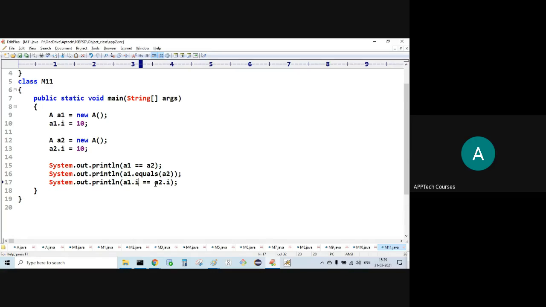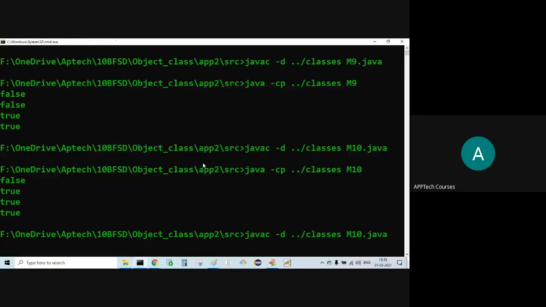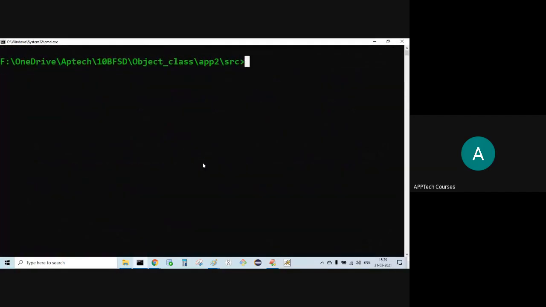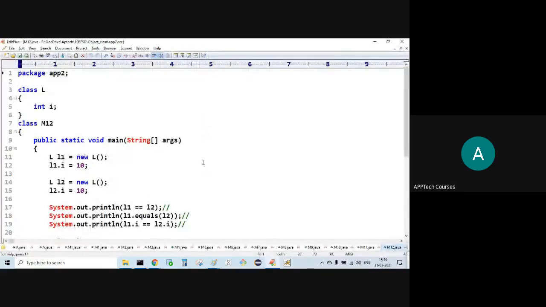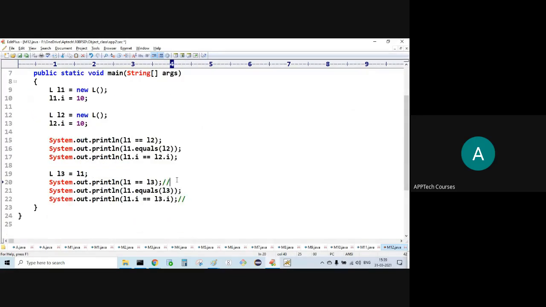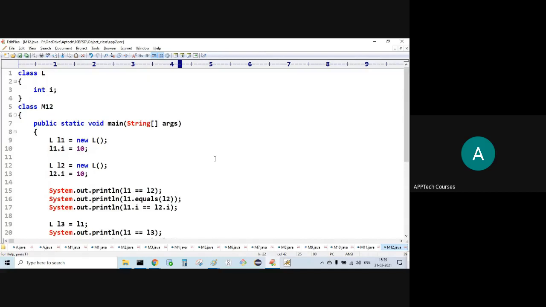A1 dot I double equal to A2 dot I, two primitives, whether 10 double equal to 10. I'm not overriding equals.